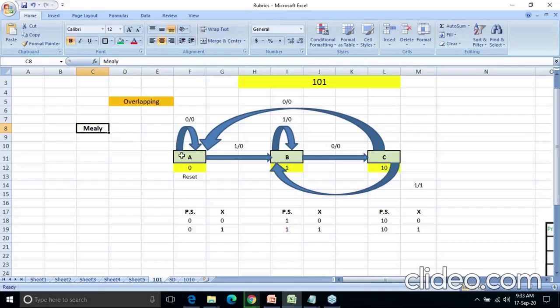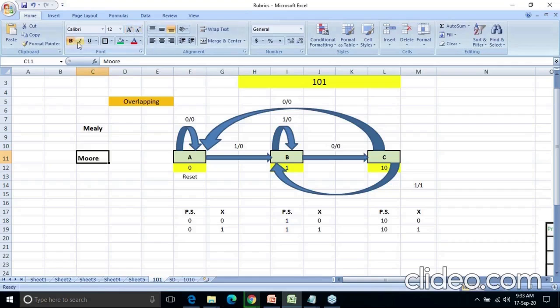Now just concentrate on this statement I am putting. In Mealy, the number of states required to draw the state diagram for this 101 is the same as the number of bits, that is 1, 2, 3. But in Moore, it requires 1 extra state. If I need to implement the state diagram for 101 in Mealy, I require 3 states, equal to the number of bits. But if I implement it using Moore, I require 1 more extra state.